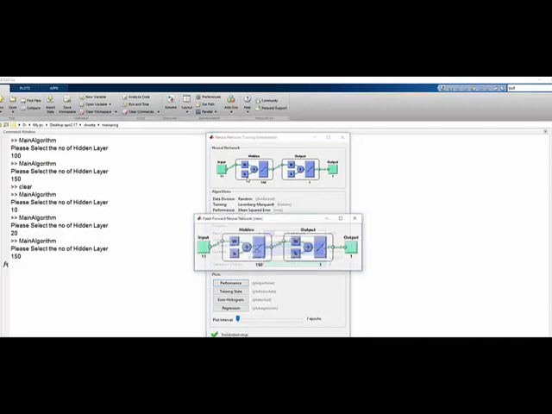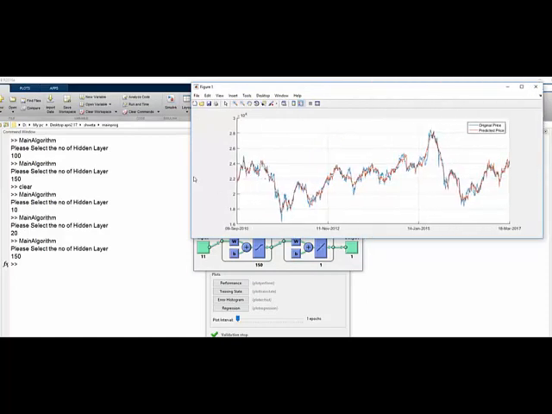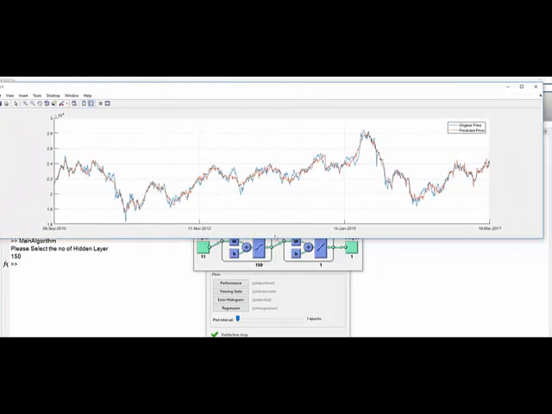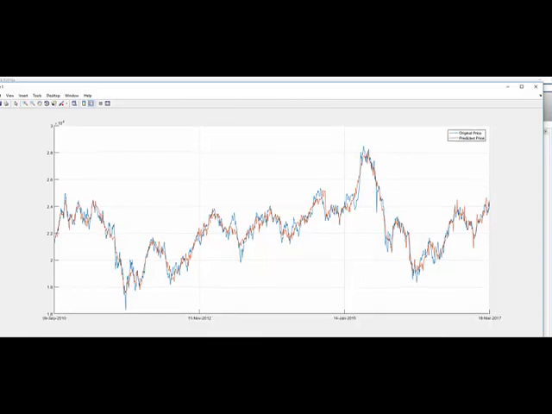Now my system has almost got trained, and you will see there's a huge difference between the previous output and this output. As you can see, my graph is actually following the curve of the stocks. You know what the problem with the stock market is? The stock market system is quite unpredictable. It is not easy to predict the stocks. Let me show you.